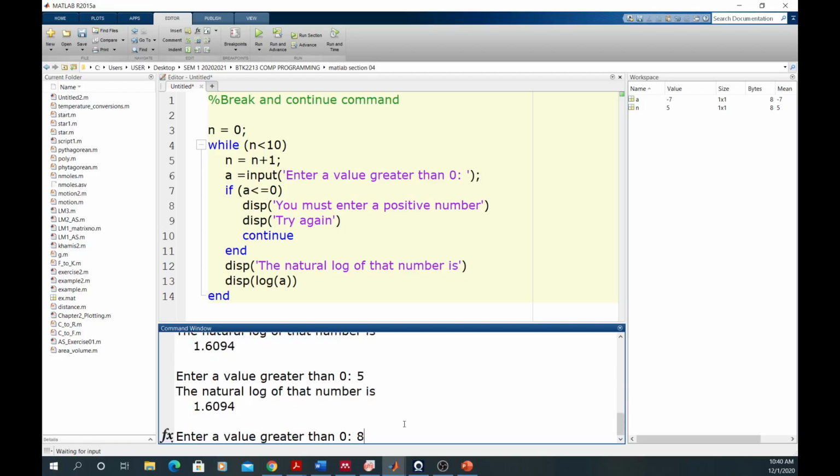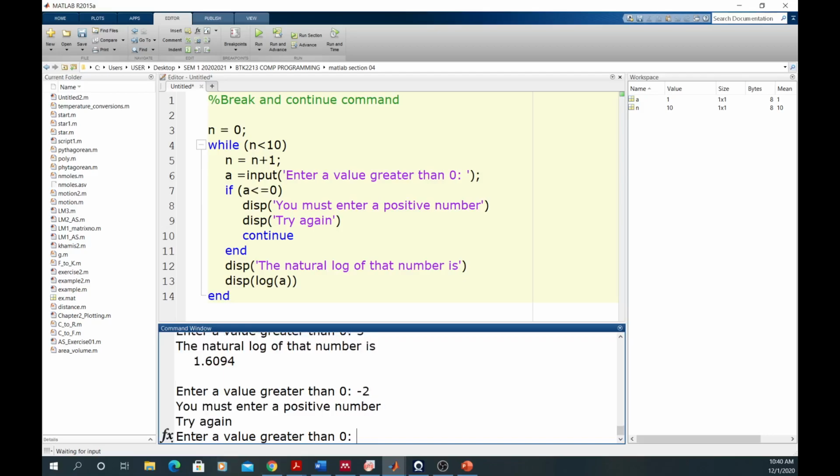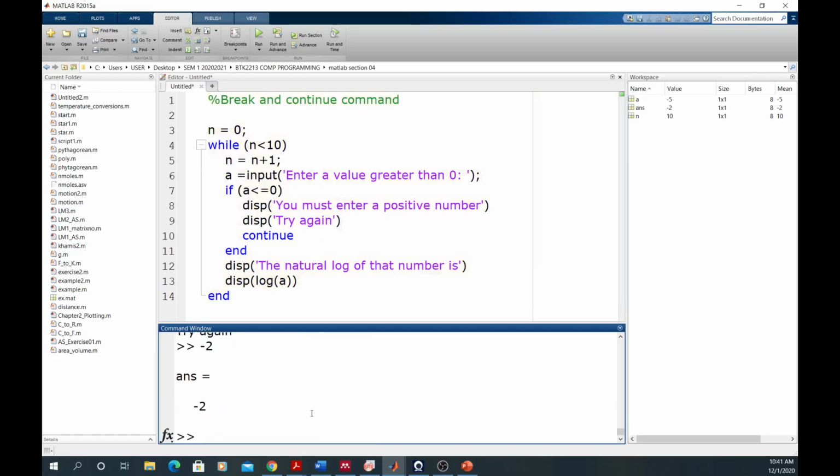It will still go up to 10 first. n equals 10 complete, so I run again. Now I want to demonstrate the use of this continue. At pass number 3 here, I'm going to enter a negative number. Look at the command window, it says try again and then enter a value. It still asks for the positive number. So no matter how many times you enter one,